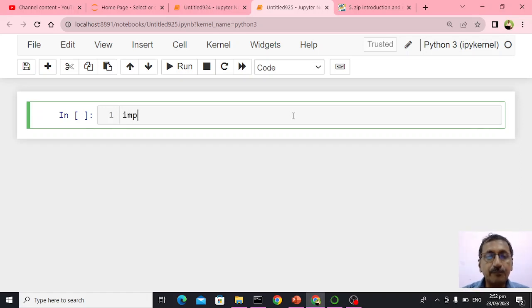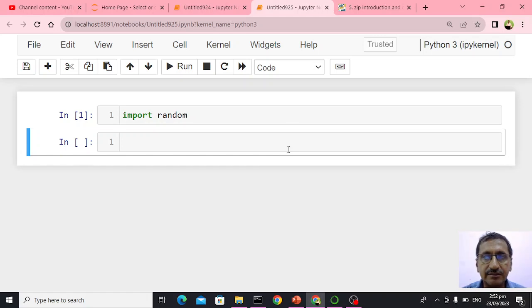First thing is I need to import random. So random package I need. Then first I need to generate a group of capital letters randomly. So how do I create it? Let me call it sequence 1 is equal to, I'm going to use list comprehension. Look at this list comprehension, and I'll say random dot rand